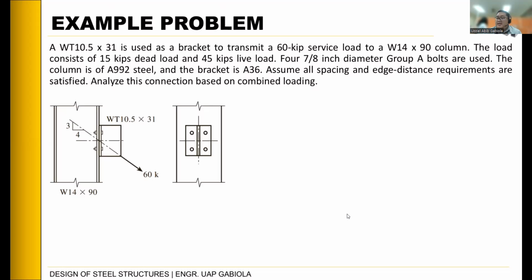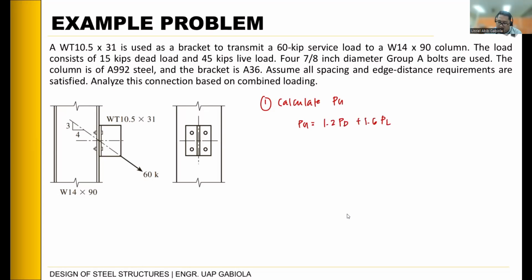So, let's check whether our bolt capacity can withstand the effect of our combined loadings. To start with this problem, we need to identify our givens. The first given that we can utilize is of course our applied loadings. Once we have applied loadings, we can calculate what we use for design, which is our ultimate load. Calculate PU. So, we have PU equals 1.2 of dead load plus 1.6 of live